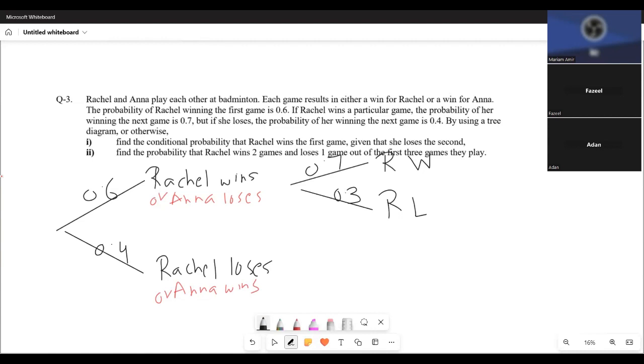But if she loses, the probability of her winning the next game is 0.4. तो यहाँ पे रेचल विंस आ गया 0.4 और रेचल लूज आ गया 0.6 और रेचल विन का मतलब है एना लूजेस और रेचल लूजेस का मतलब है एना विंस।